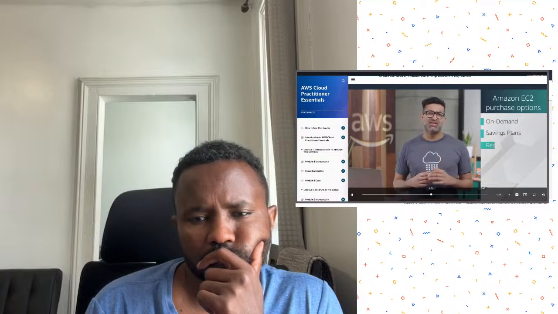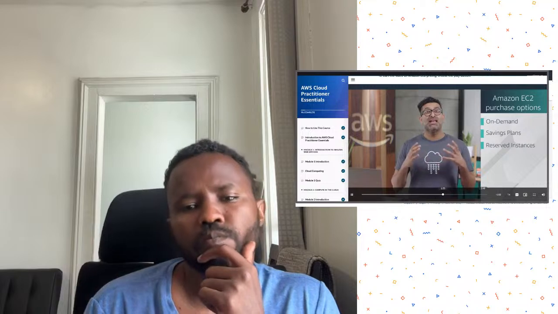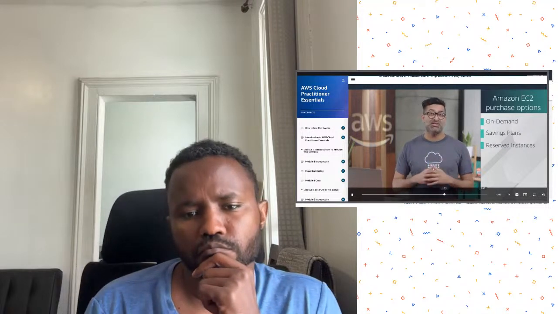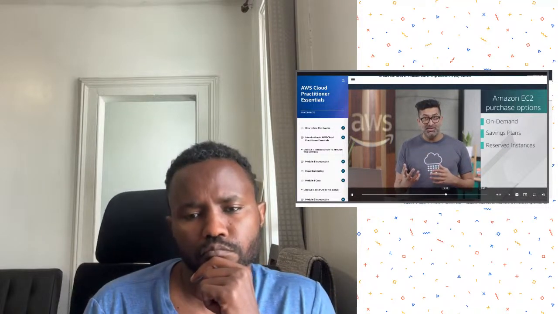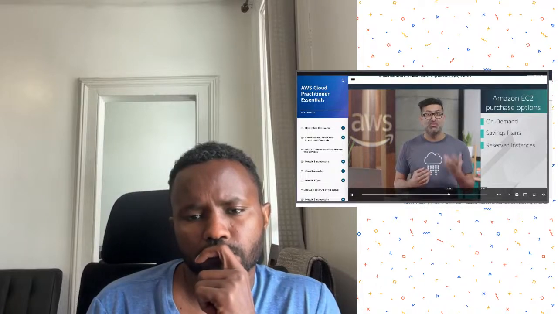Another option is reserved instances. These are suited for steady state workloads or ones with predictable usage and offer you up to a 75% discount versus on demand pricing. You qualify for a discount once you commit to a 1 or 3 year term and can pay for them with 3 payment options: all upfront, where you pay for them in full when you commit; partial upfront, where you pay for a portion when you commit; and no upfront, where you don't pay anything at